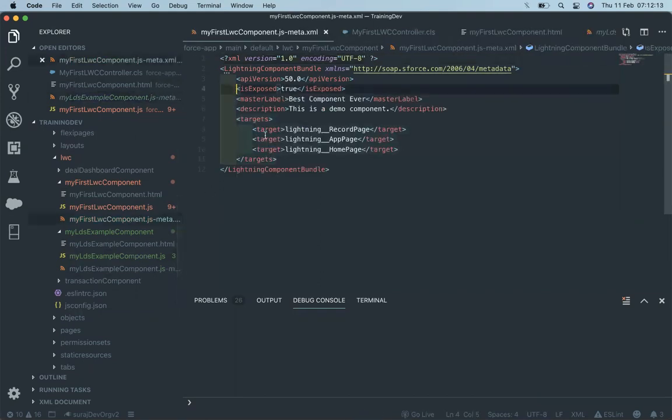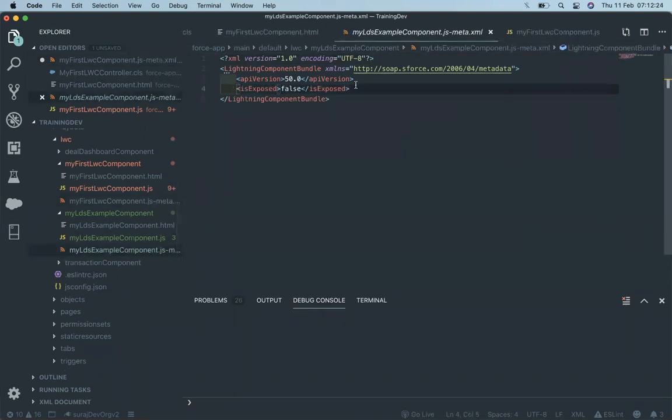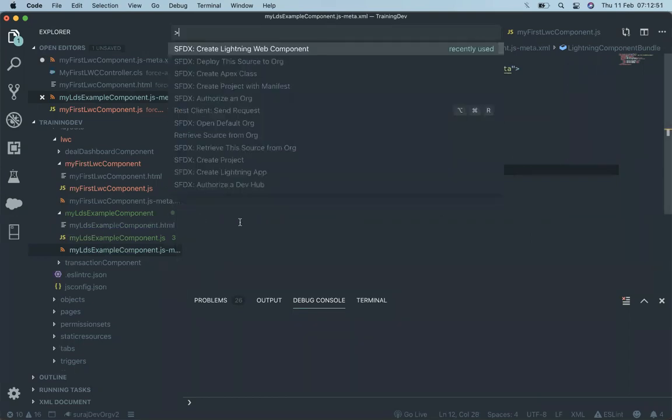So I will just copy this and paste it here, and change the first level label to LDS. Okay, now I save it, saved, and deploy it.